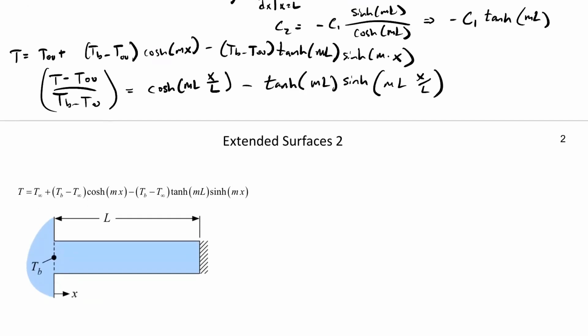Okay, so what we're going to do next is talk a little bit about how these extended surfaces, they're sometimes called fins, right? So fins show up everywhere in heat transfer all the time. Look at a computer chip, or a heat exchanger, or any application, and there are going to be these extended surfaces, called fins, and the purpose of them